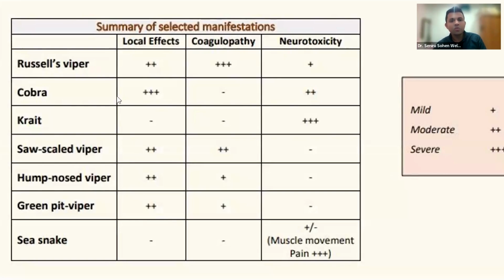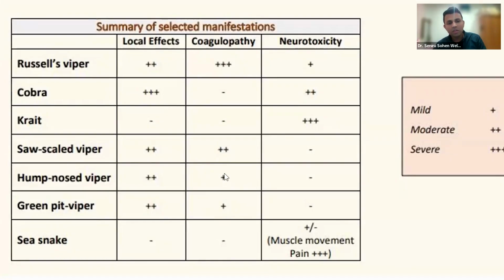With cobra and krait bite, you will get a lot of neurological manifestations, but the key feature differentiating these two would be cobra will have severe local effects or local reaction, where krait will have minimal symptoms locally. All the vipers can cause coagulopathy, but the most significant coagulopathy will happen with Russell's viper,